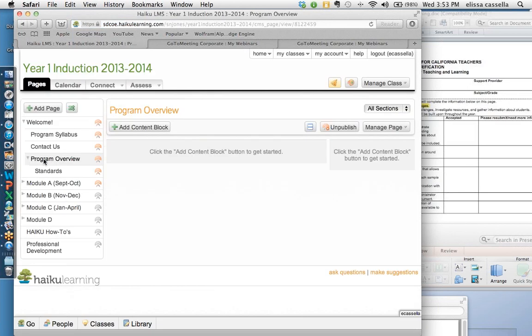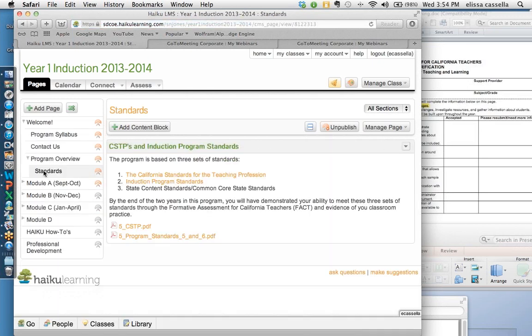This is the page that comes up. Underneath Program Overview, you will see a section called Standards. If you click on Standards, this is where you will find your own documents, in addition to ones that you will have with your support provider, for the CSTPs, or the California Standards for the Teaching Profession, and the program standards, which are the induction